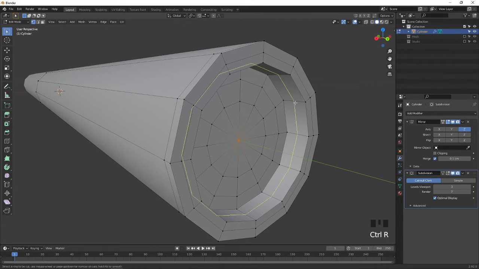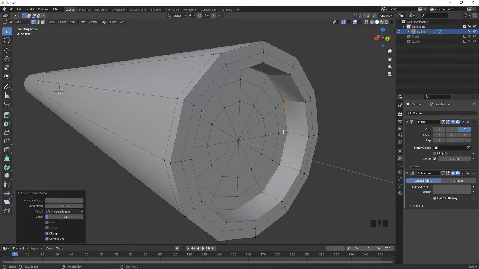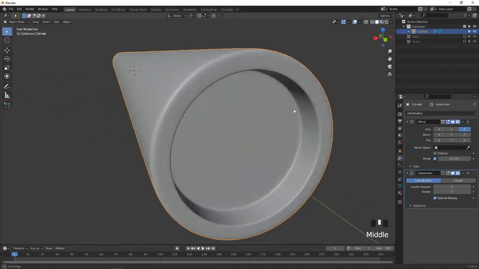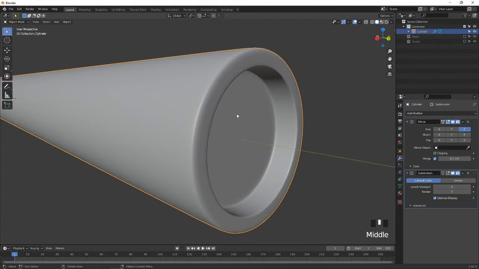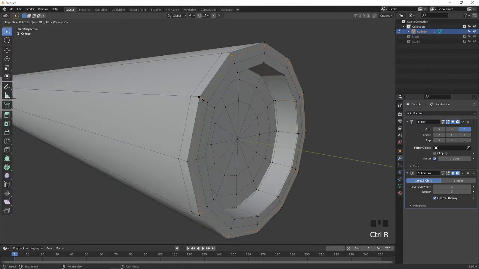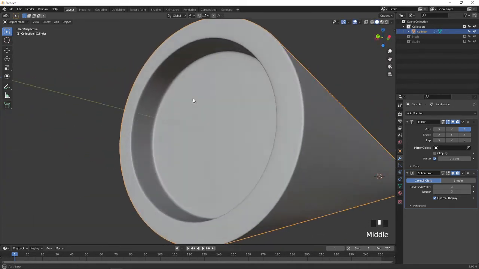Press Ctrl R and create loop cuts in between this area, confirm with a left click and move the mouse to the front and left, which is required. We want it on the back side too, so press Ctrl R and we can make it here. Now we can see it looks like a corner of edge loops, it looks nice. We require more here also, and here also. So now it looks fine.